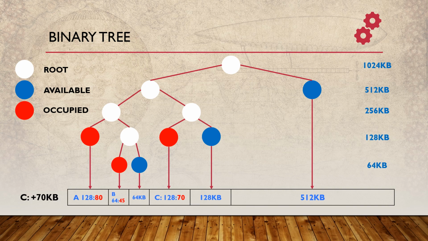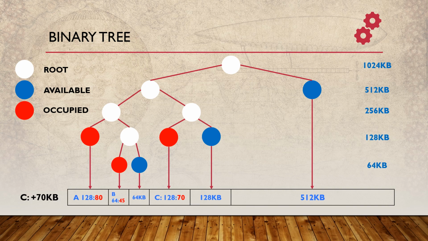In this example, memory A is occupied with 80 kilobytes and memory C is occupied with 70 kilobytes. So there are two red circles pointing downwards to the location, and another one is the blue color, which is available for the 128 kilobytes to be used, and the remaining part is the root node,